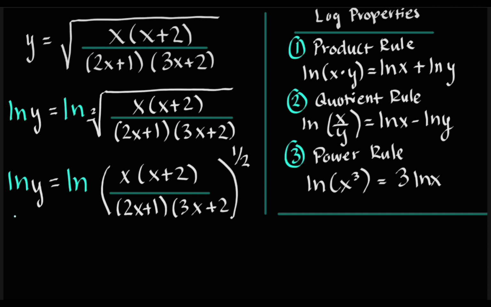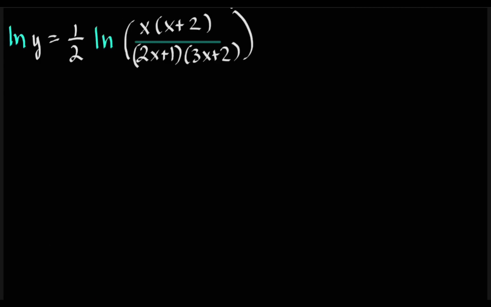Now let's break it up. With the power rule, I can bring this exponent all the way to the front, meaning I'll have 1/2 in front times ln of everything else inside. Now let's start breaking up using the other rules. Product rule is going to allow me to take everything in the numerator and add them, and everything in the denominator using quotient rule will be subtracted,